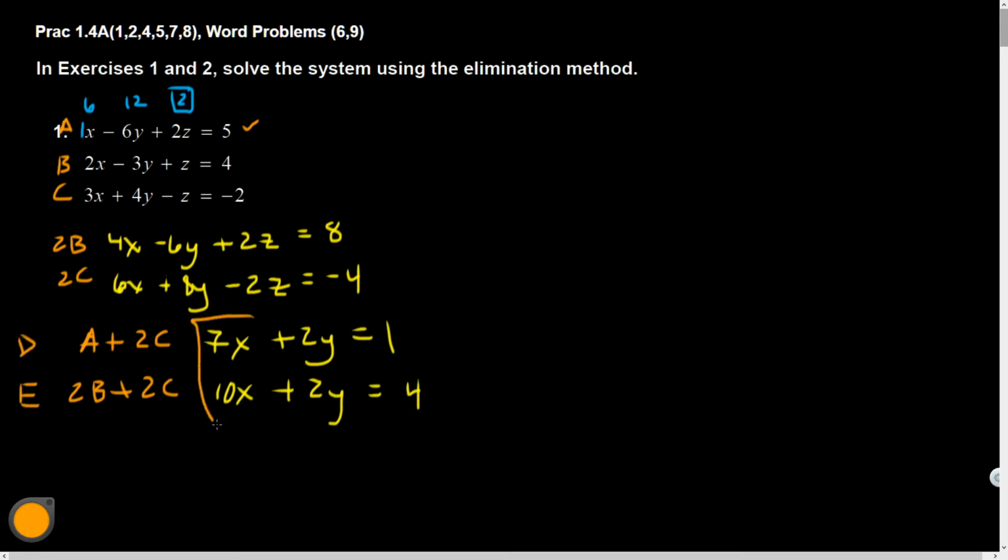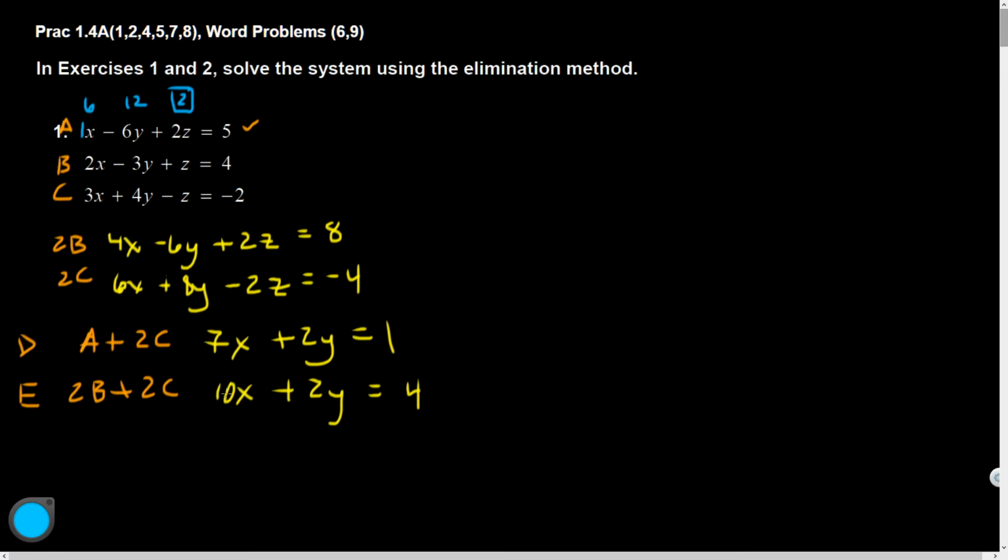And what's nice about them is that I have 2 equations with 2 variables, and it's the same 2 variables, right? They're both x's and y's, or they would have been both y's and z's, or x's and z's. You want to eliminate, as I did, the same variable twice in order to get the remaining 2. Boom. And so now I can solve this using my old school tactics, which I'm going to continue with the